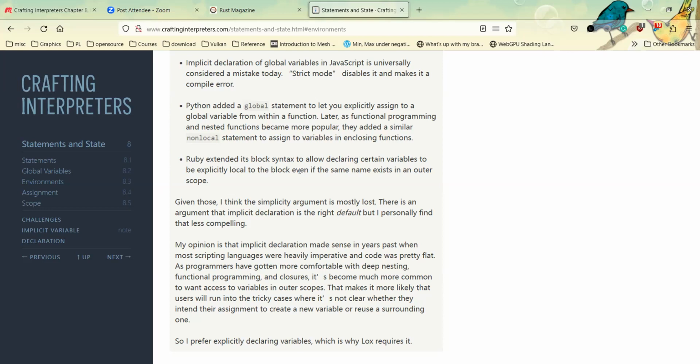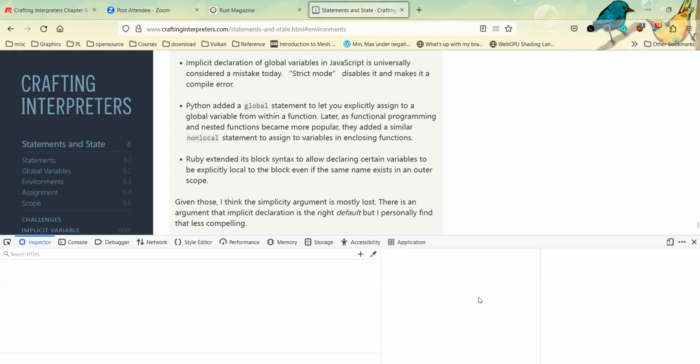In strict mode, you can still use var, but you have to declare new variables with var. You can't do stuff like this. The implicit declaration meant using an assignment to create variables, even in a local scope, and it defines a new global variable.